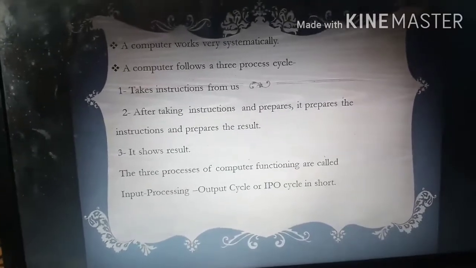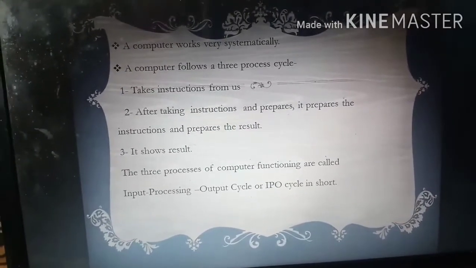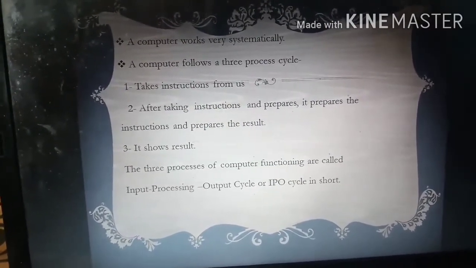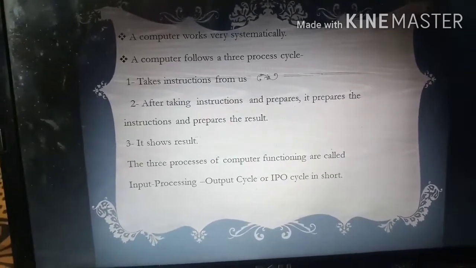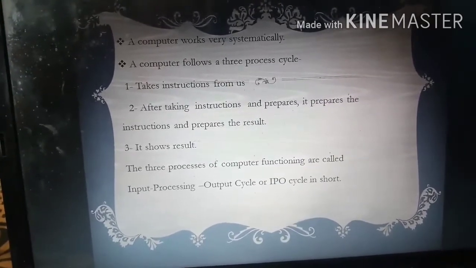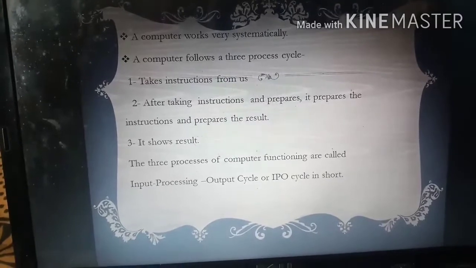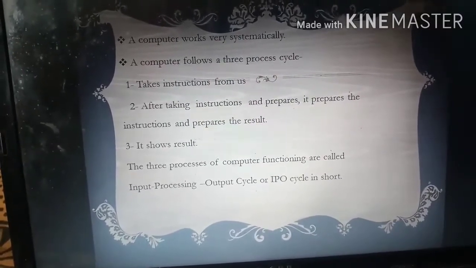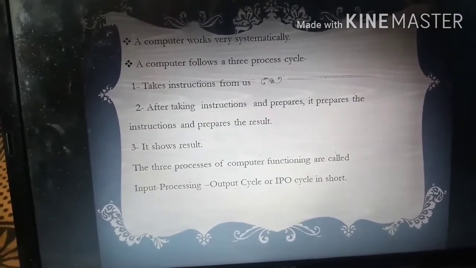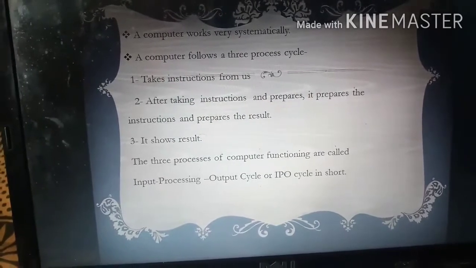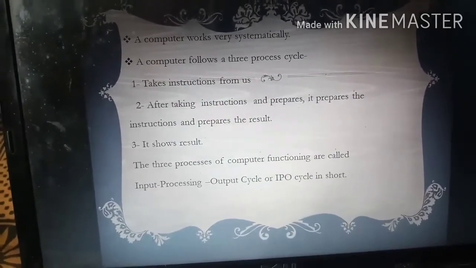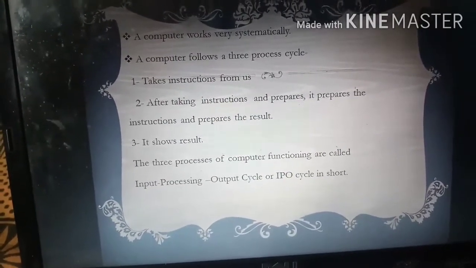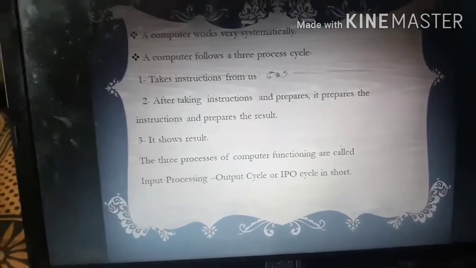It takes instructions from the user through the keyboard and mouse. After taking the instructions from the input devices, it prepares the results. Prepare means it processes the instructions, then gives the results through the CPU.